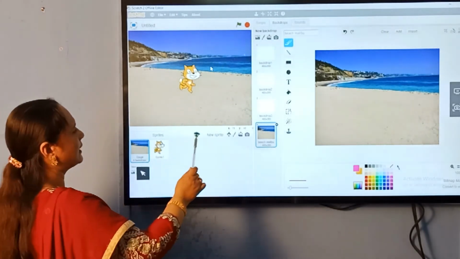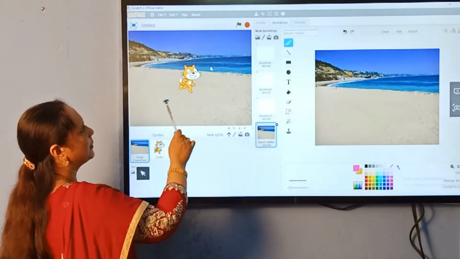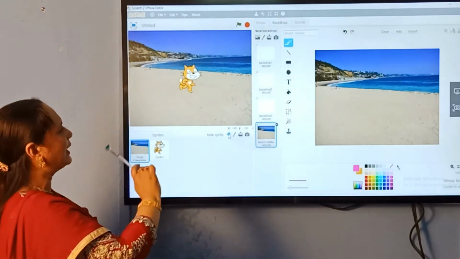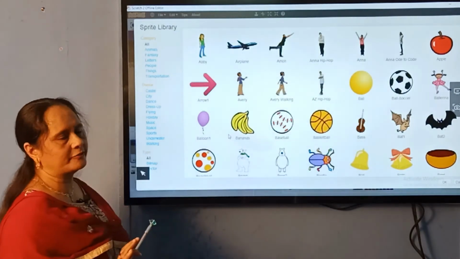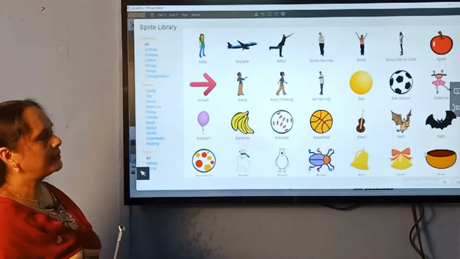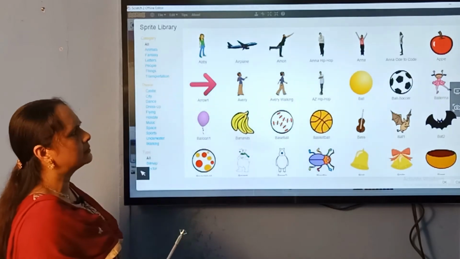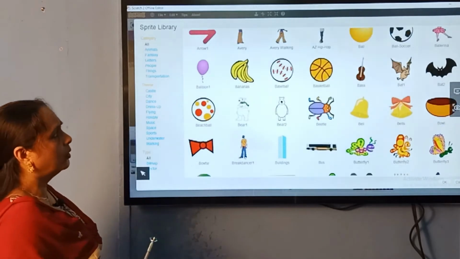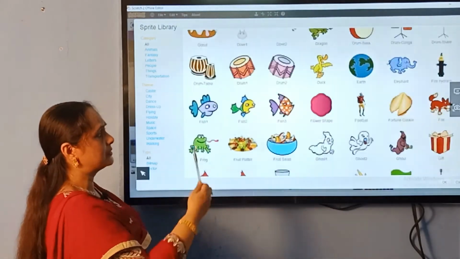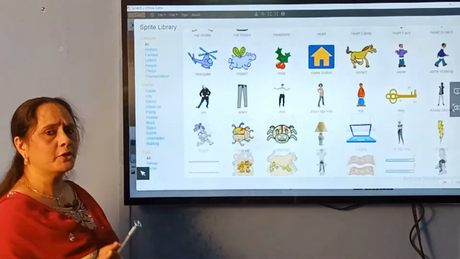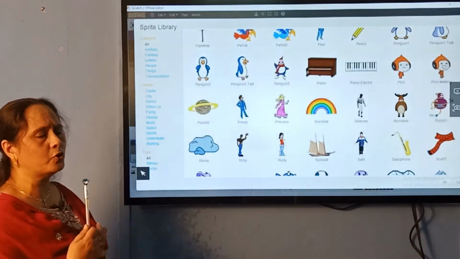Now I am going to select one character. By default, I told you, it is a cat, and you can choose any character from the sprite library. You have so many characters, objects, even letters and numbers, everything you will get according to your animation, according to your situation.